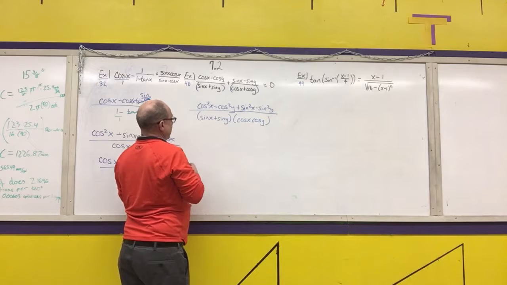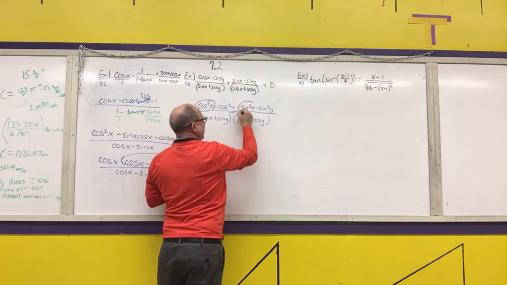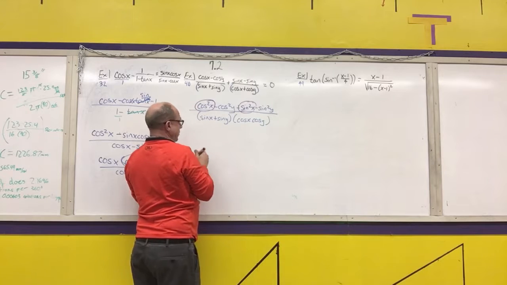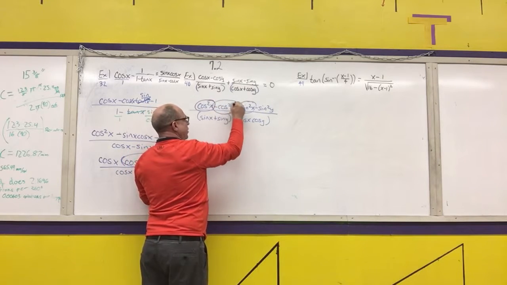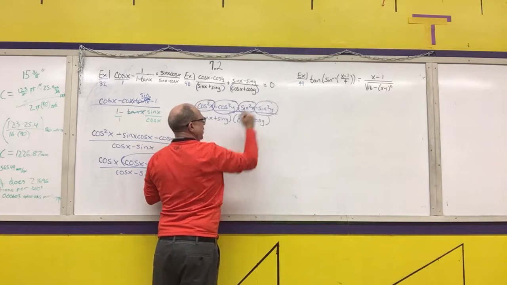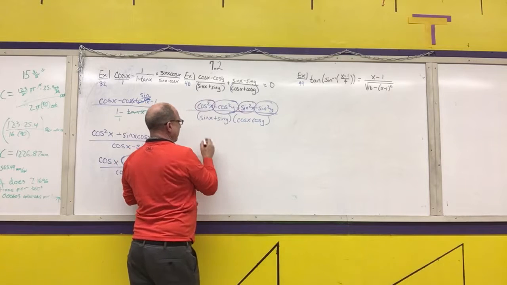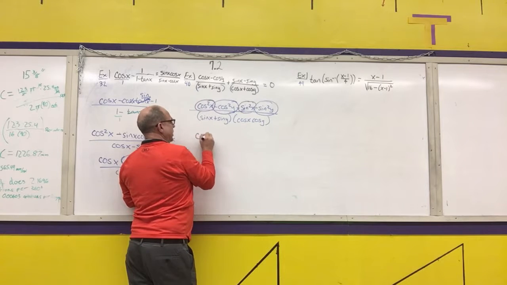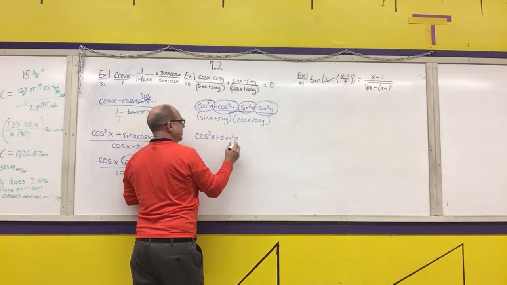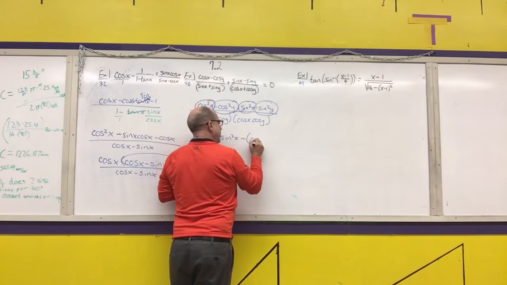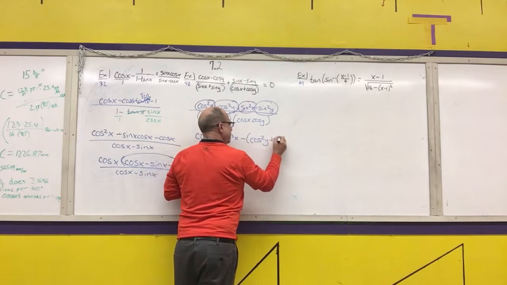Here's the key thing. Cosine squared x plus sine squared x is a positive 1. Negative cosine squared y minus sine squared y is a negative 1. 1 minus 1, so I'm going to write this as cosine squared x plus sine squared x minus sine squared y plus sine squared y